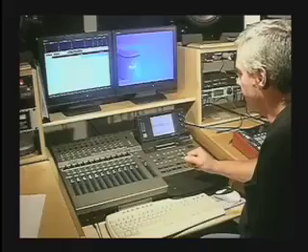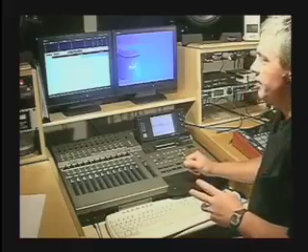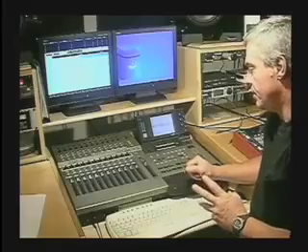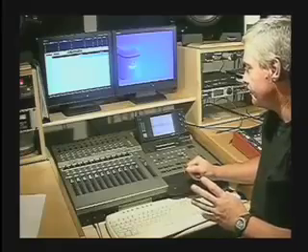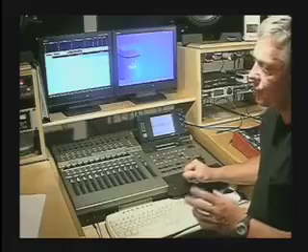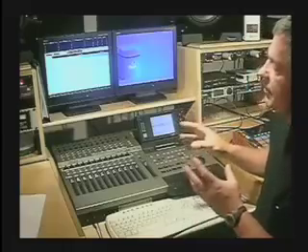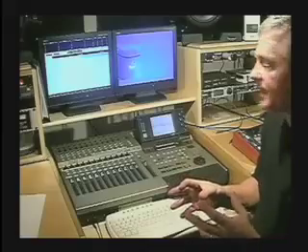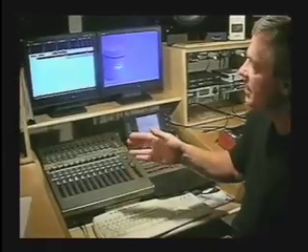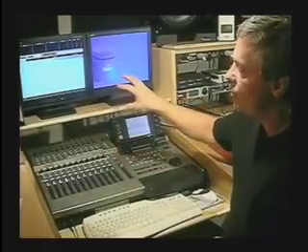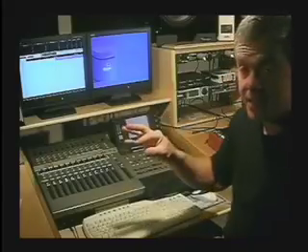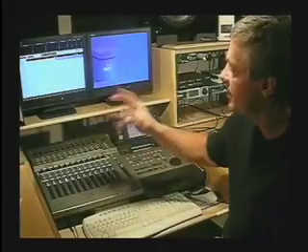Now, if you're using the onboard multiband compressor, you can't use effects at the same time. It uses up too much system horsepower. But in fact, that's a good thing, because you really want to keep this whole process separate from your mix down when you would do your effects. So now if you ever want to go back and remaster it, you only call up this project. You won't be changing your effects setting. If you want to go back and change your mix, you would go back and change your mix or your